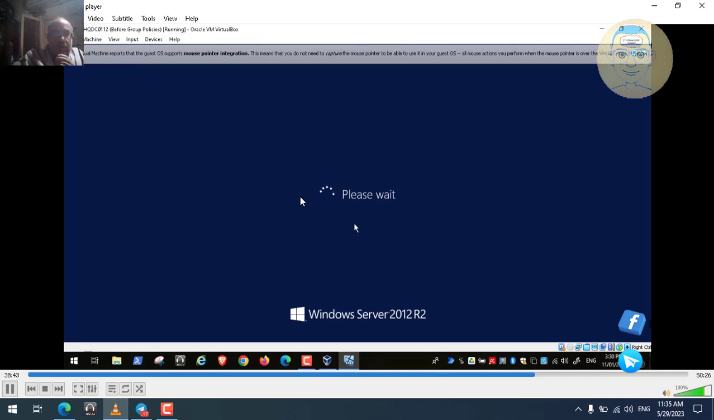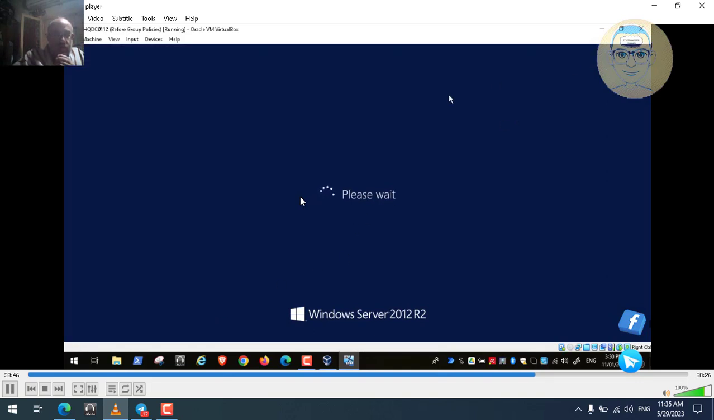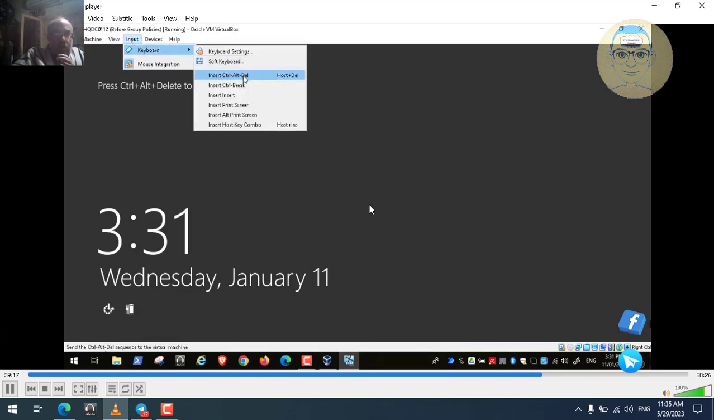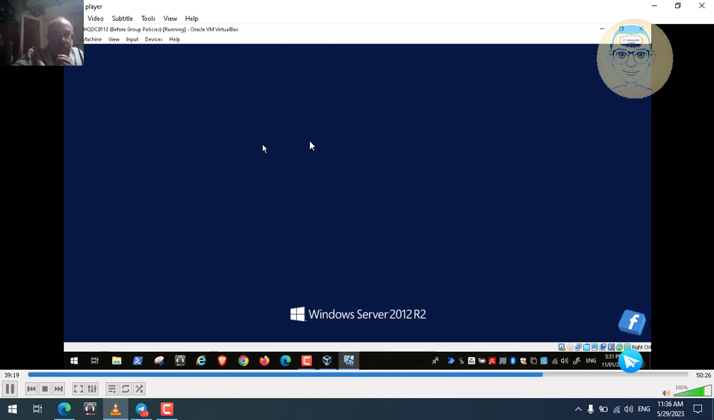So now please wait. Now he will begin. You can see that it will give us an indicator about the group policies. It will list the group policies that will be applied. This was not done before. It will apply new group policies, so it will take some time. Now default domain policy, default domain controllers, group policy registry policy, power options, a lot of things. Now if you tell him Control Alt Delete input, keyboard Control Alt Delete, we can see that welcome message,